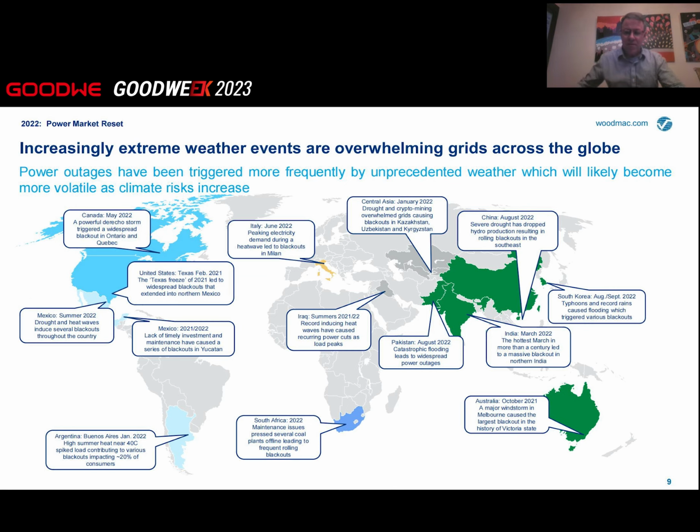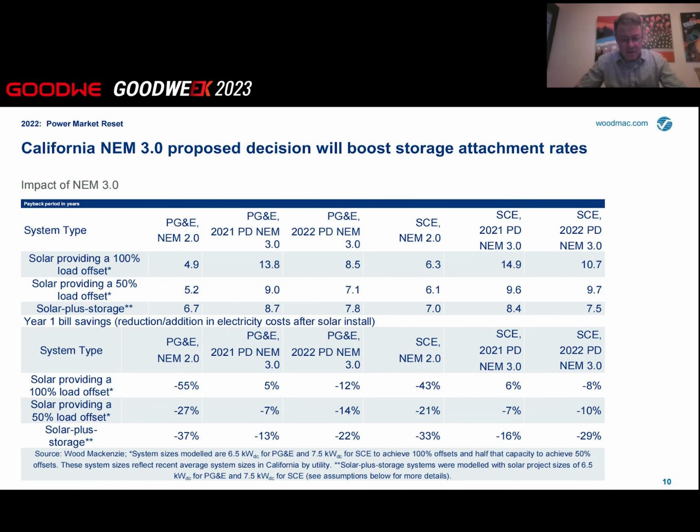So moving to some of the more micro level factors that influence our storage outlook, given that California is really the leader in terms of solar and storage additions, whatever happens in California is very important to follow and has big consequences for the industry. Sometimes it sets precedents for what other states will follow as well. And so there has been a debate about net metering rules, and you see on this graph a lot of different data. This is showing you